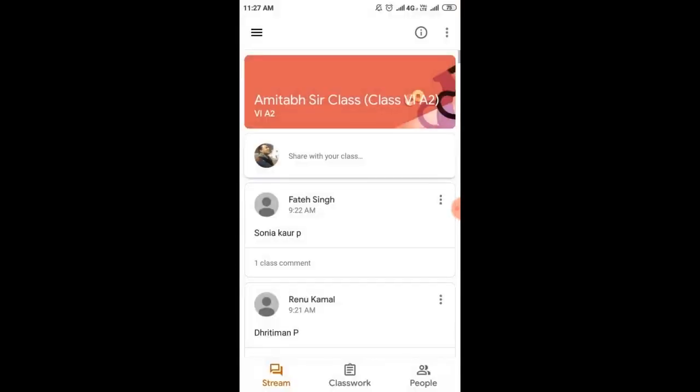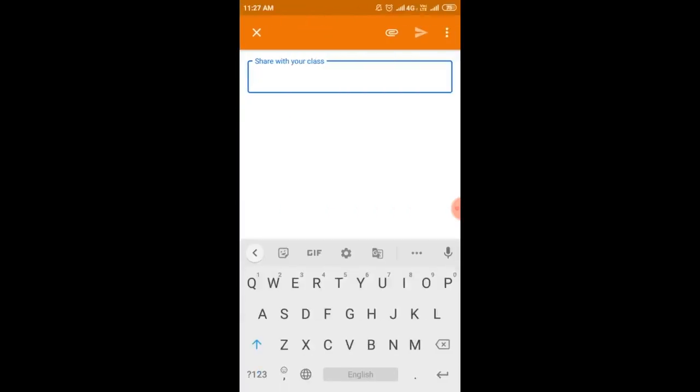if you click on the picture, it will ask you to type a message. Well, this is a message section where you type that message, and on the top right corner click on the triangle to post your message.